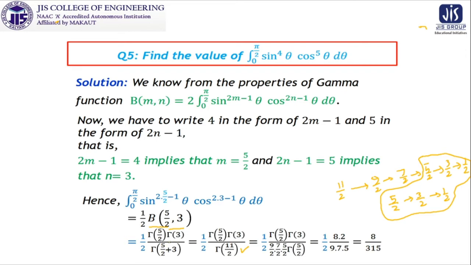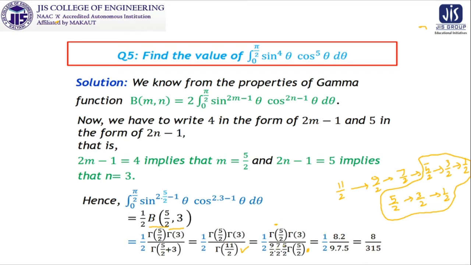What is that? Gamma 11 by 2, not finding out the value of gamma 11 by 2 and not touching gamma 5 by 2, we are just converting gamma 11 by 2 to 9 by 2 into 7 by 2 into 5 by 2 gamma 5 by 2. We are not approaching 3 by 2 or 1 by 2, because this gamma 5 by 2 in the denominator part and this gamma 5 by 2 in the numerator part, we can cancel them out. And if we can cancel them out, then the problem will need a little less calculation and the problem will be easier to perform.